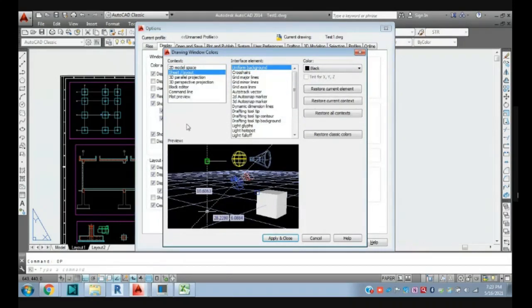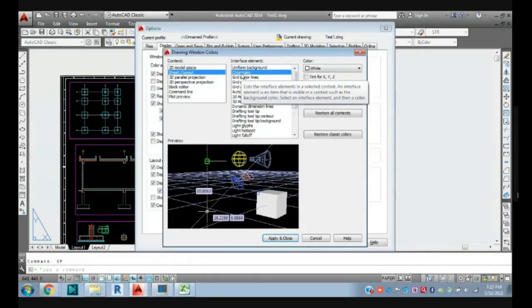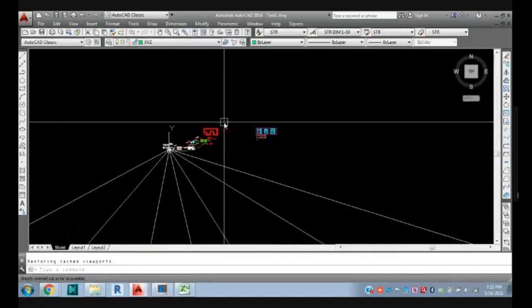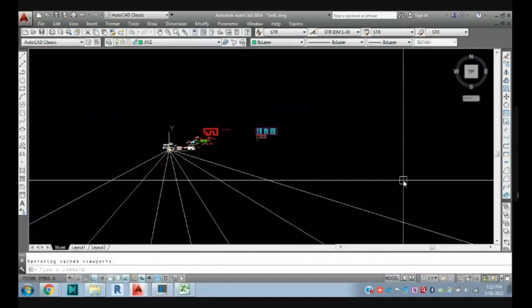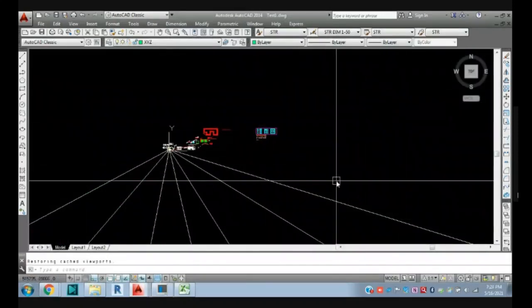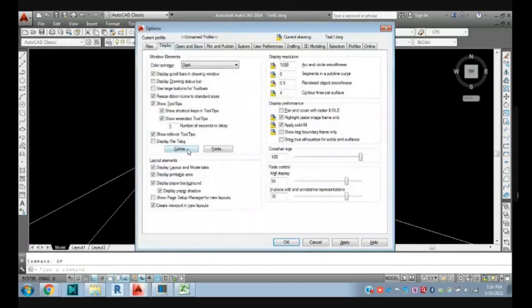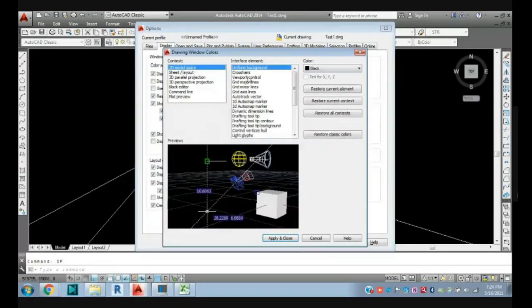Then if you go here to crosshair. Crosshair means our x and y. I will show you. You can see this crosshair, the vertical and horizontal lines, is called the crosshair. If you want to change the color for the crosshair, you can change it from here. If you select this, you can see it's white.